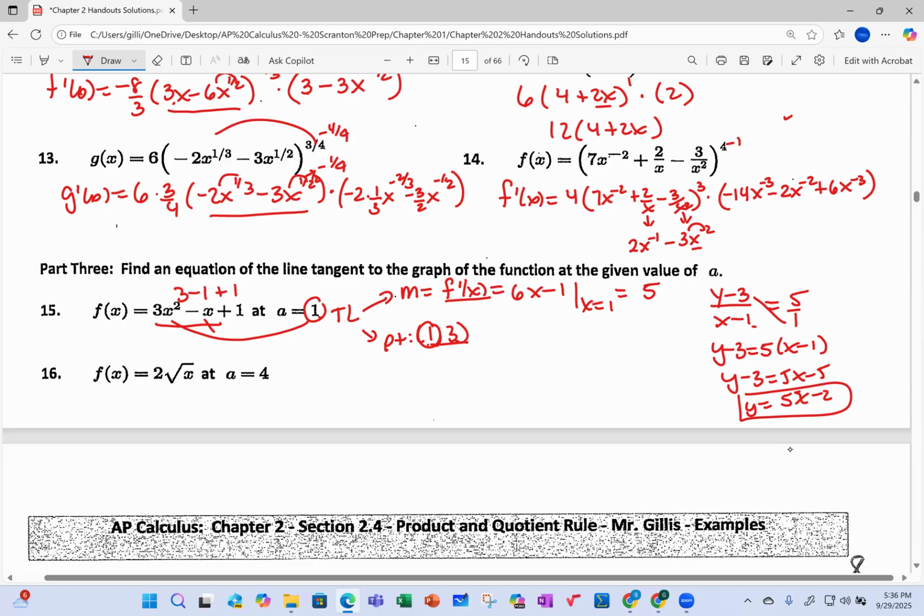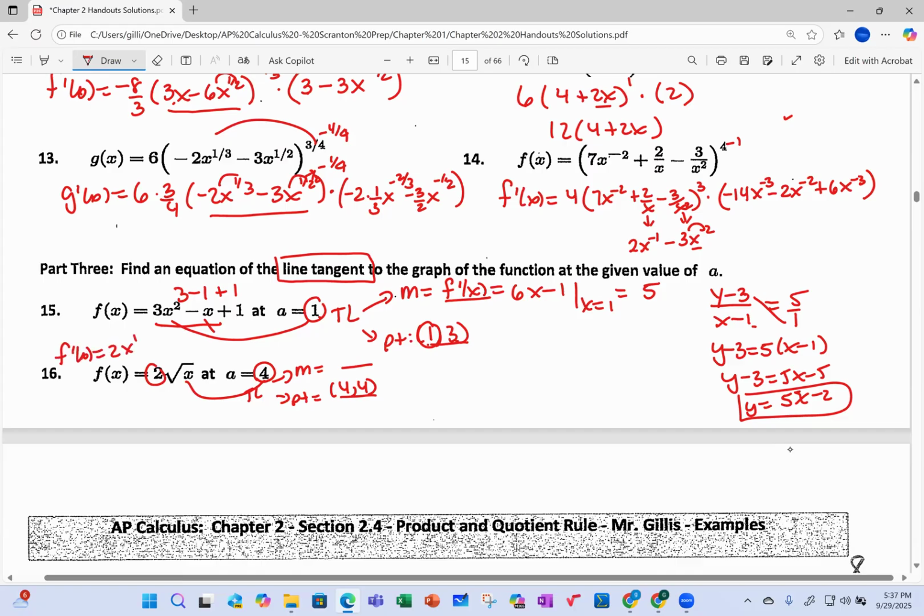And then at number 16 over here, again, the tangent line triggers. I can't tell you how much this has helped my students over the years. Slope and a point. So this is when x is 4, and to get that output, I'll sub this in. The square root of 4 is 2, times this 2 is 4. Again, my slope of that tangent line is the derivative, the instantaneous rate of change. In this derivative, getting a little small here,